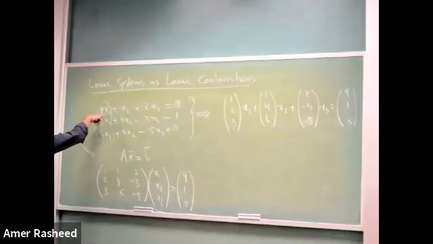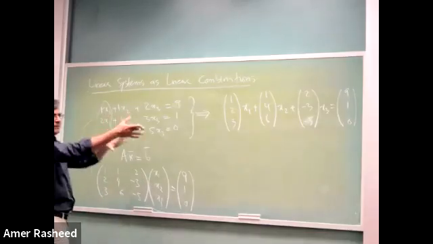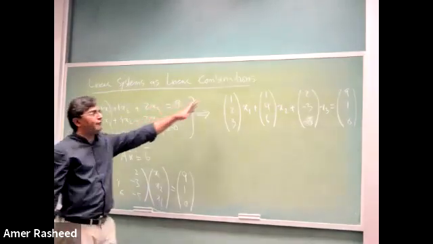सर एक कंफ्यूजन है, जो x1 के एलिमेंट्स हैं वो तो फर्स्ट रो वाले हैं या फर्स्ट कॉलम वाले हैं? x1 का कोफिशिएंट यहाँ पे है, यहाँ पे, यहाँ पे, ये तो x2 का कोफिशिएंट है यहाँ पे, ठीक है? जी सॉरी, I was being confused. So now we are going to write it differently. पहले हम मैट्रिक्स फॉर्म में लिखते थे, अब हम उसको वेक्टर फॉर्म में लिख रहे हैं।